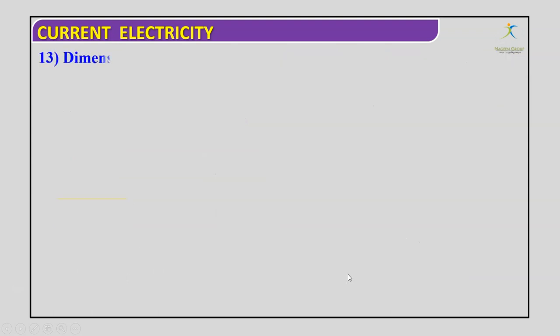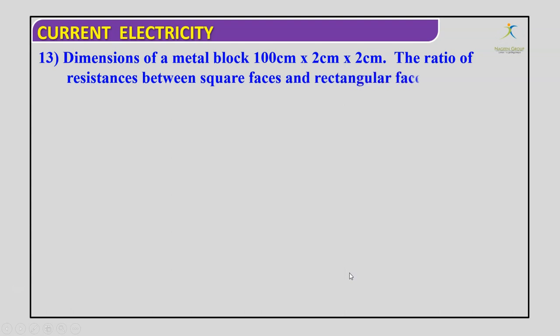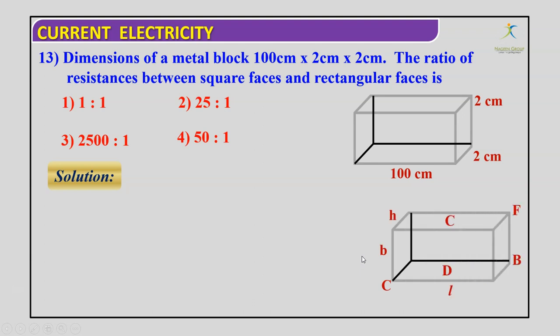Next question, we have a metal block with dimensions 100 centimeter into 2 centimeter into 2 centimeter. The ratio of resistance between square faces and rectangular faces is, this is the diagram and we have these options. The solution we have,